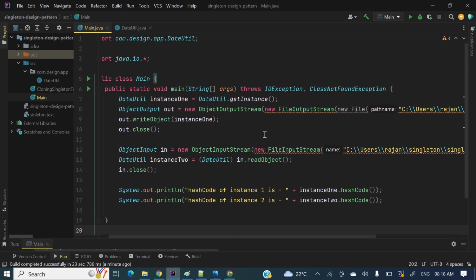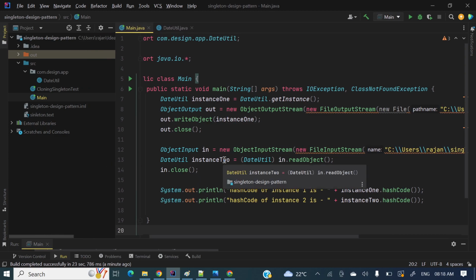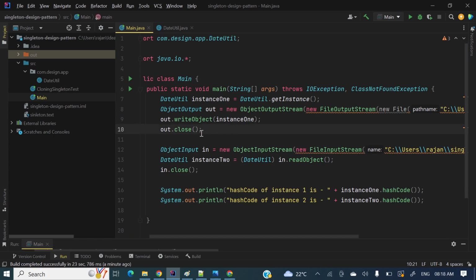A lot of interviewers will ask how we can break the singleton. There are different ways to break a singleton, and serialization is one way. By serializing this singleton class, we can break the singleton. Now let's see how we can prevent this. If your singleton class is serializable, how can we prevent this during deserialization, so that even in deserialization we get the